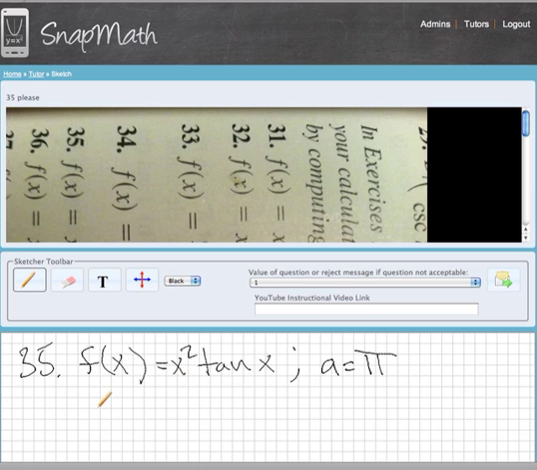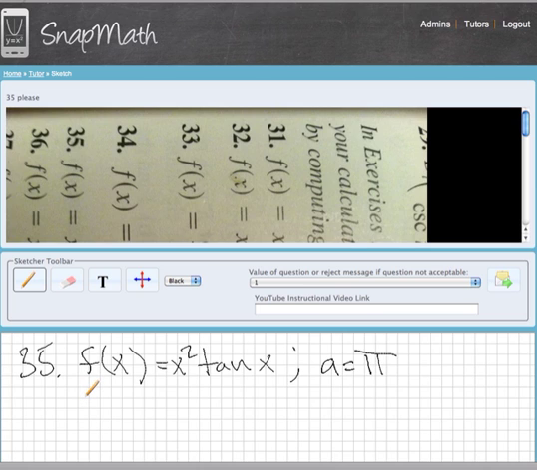So the first part of this question says that you need to use your calculator to find, I think you're just finding the slope at point A, so at pi, of this curve right here. And then the second part says to find the slope analytically,